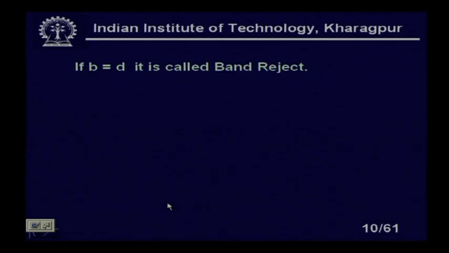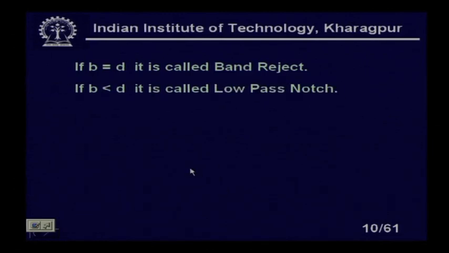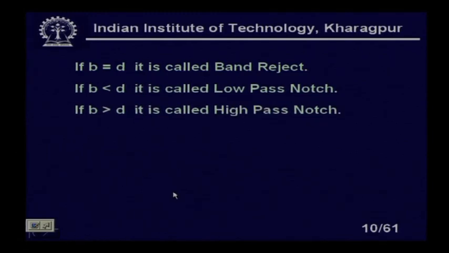Now, if b is equal to d, it is called the band reject function. If b is less than d, it is called the low pass notch function, okay. And if b is greater than d, we call it the high pass notch function, right. So, in this case what will happen, you know that you will have,